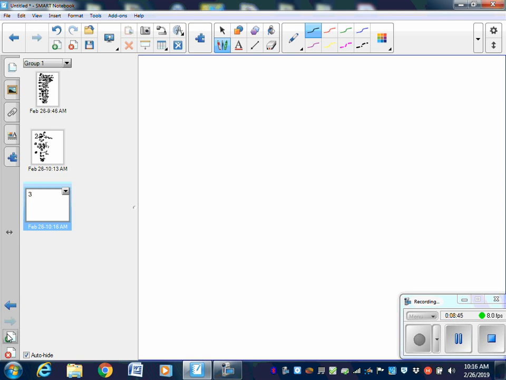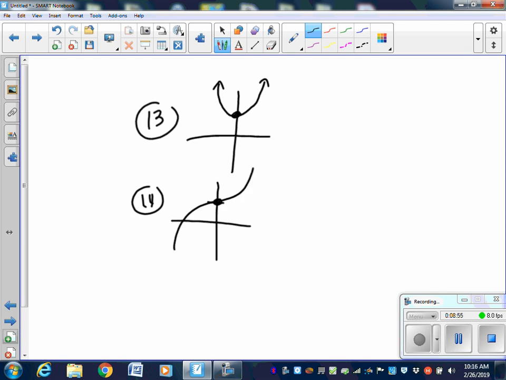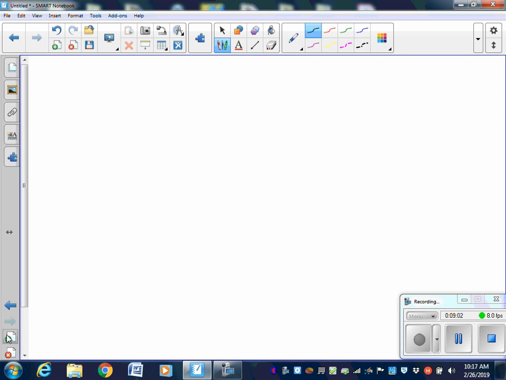So 13, here's 0, 1. You should have made a parabola because you followed the slope field. And number 14, there's a dot there, it's hard to see. And you should have made a snake by following the slope field. Okay, the next part, 15 and 16. Number 15,